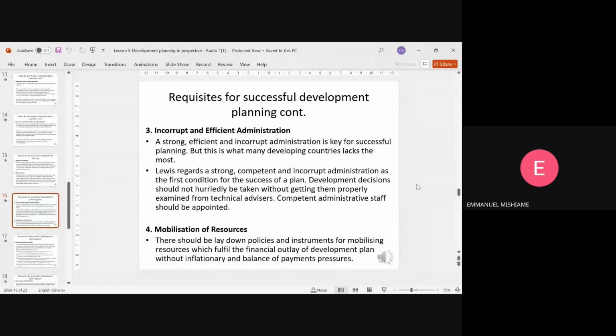Now, you also need the mobilization of resources. Now, there should be laid down policies and instruments for mobilizing resources which fulfill the financial outlay of development plans without inflationary and balance of payments pressures. So, if you need to conduct or implement any plan or policy and you have to go externally to borrow money, then you have a problem as a country. If you have to build a school, you call China. If you want to build a hospital, you call USA. If you want to construct roads, you call India. If you need to pay your workers, then you call the UK. Then there's a problem. Okay, so for successful planning, there must be a way of properly mobilizing resources,